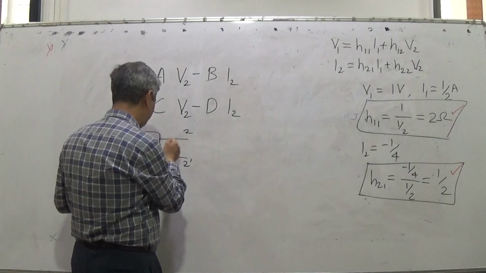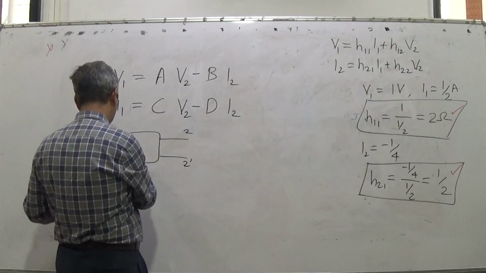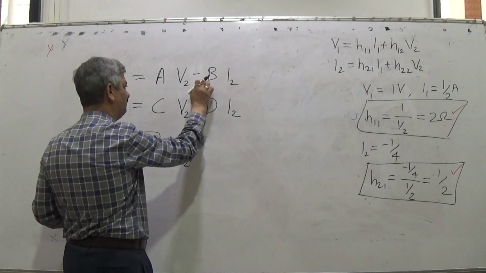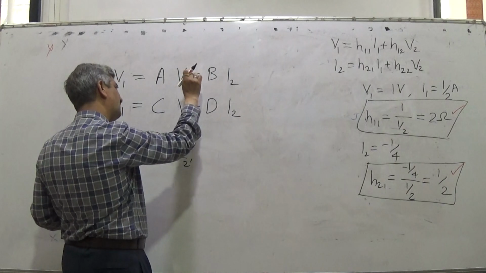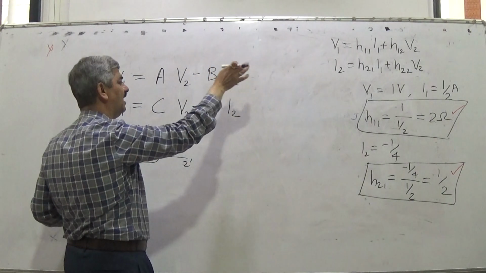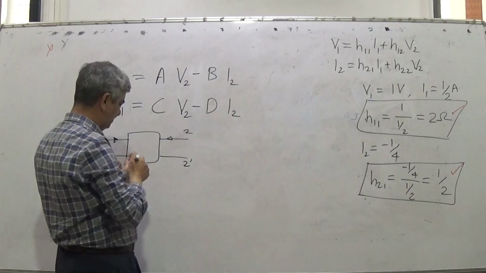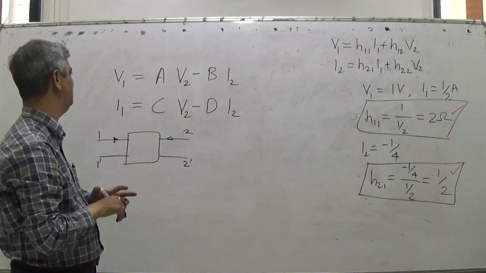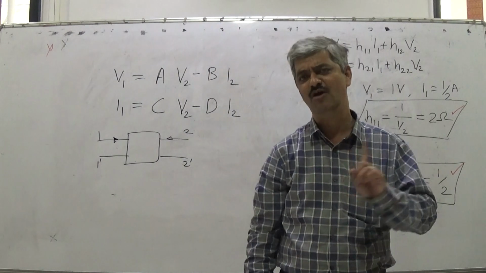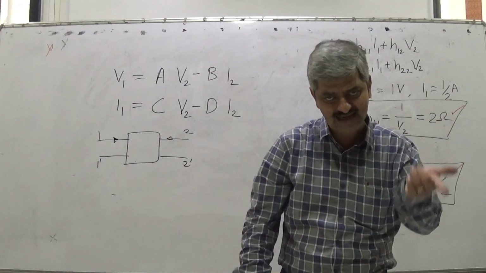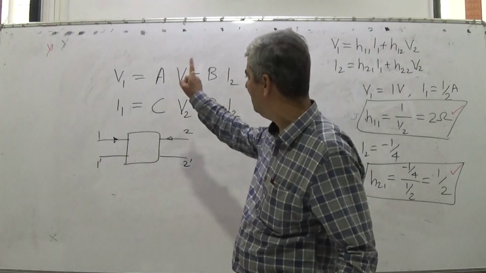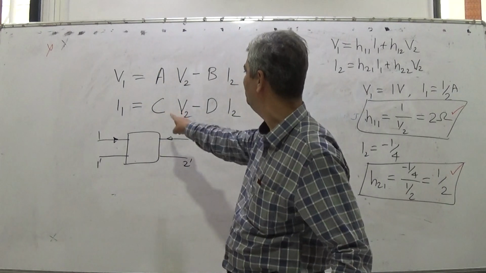There is no specific advantage as such. I2 is this current only. So V1, I1, I2, V1, V2. While calculating the value of B and D, if I put plus in the equation, I will get the value of minus B, and based on that I will get the value of B. But what they do is, while defining parameters, they define V1 to be expressed as a linear combination. When I say combination, a weighted sum in a larger sense, sum includes difference. So the definition is V1 equals A V2 minus BI2, I1 equals C V2 minus DI2.